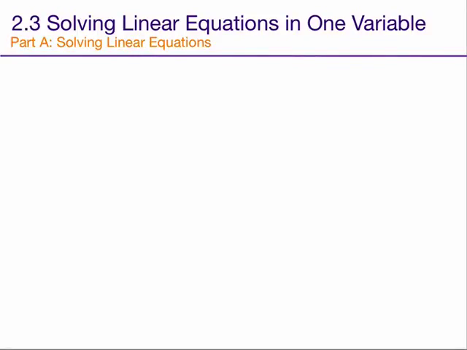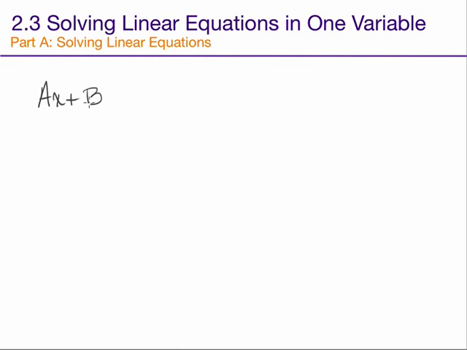Section 2.3 is called Solving Linear Equations in One Variable. This section is really just a review of all the things that we've done so far in this chapter. There's only one part, Part A, Solving Linear Equations. A linear equation is any equation that can be written in this form: